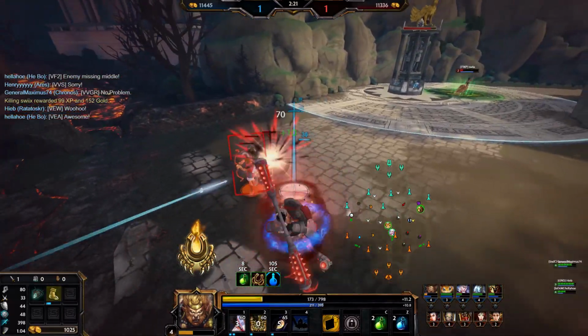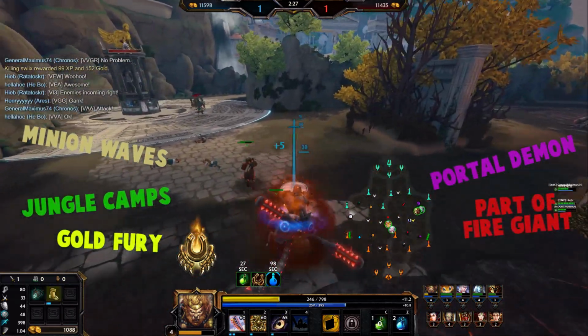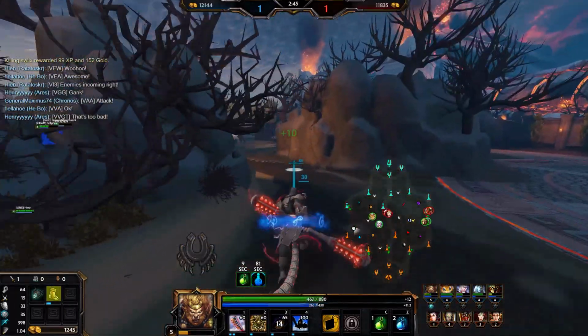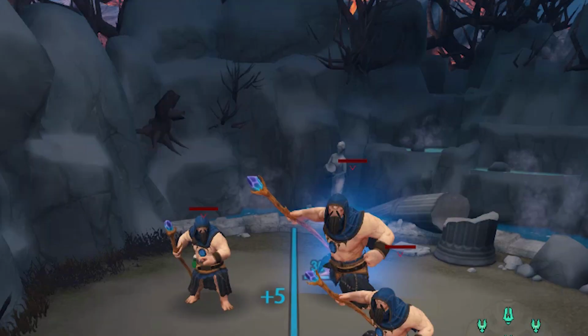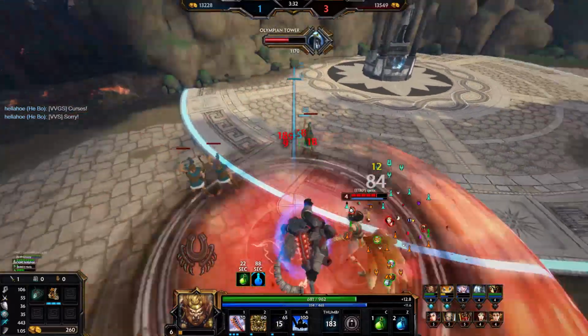However, there's a lot more to physical defense than just that. Minion waves, jungle camps, gold fury, portal demon, fire giant, towers, phoenixes, and the titan all deal physical damage as well. Although to be fair, mana camps do deal magical damage, and watch out boys, because they will fuck your day up. Basically, the SMITE map is made up of physical damage dealers, which naturally gives physical defense many more